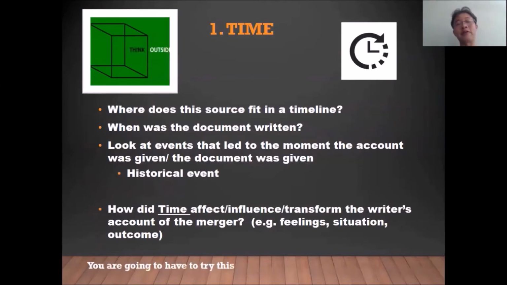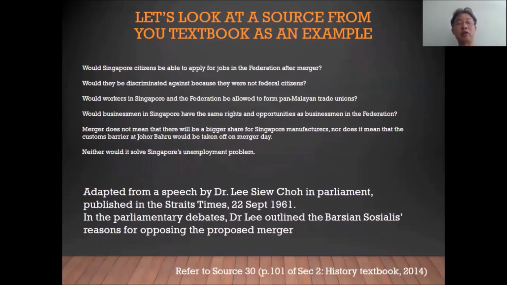So let's talk about the first thing, time. Where does this source fit in a timeline of events in that year between 1959 to perhaps 1962 or 1963? How does time impact the way in which he's writing about this topic? What are his feelings? What's the situation? And what's the outcome? So this is the source that you see, and you notice that Shu Cho is speaking